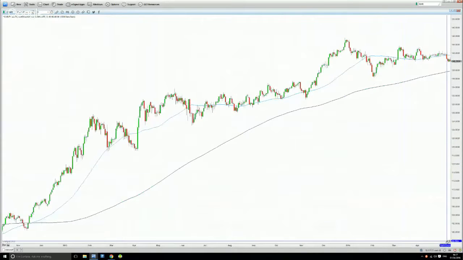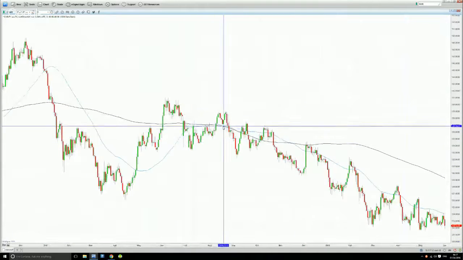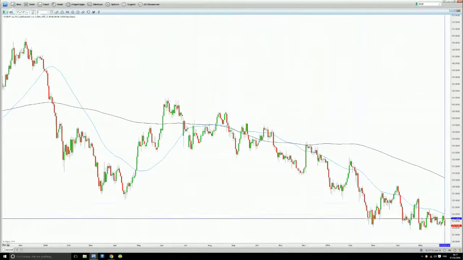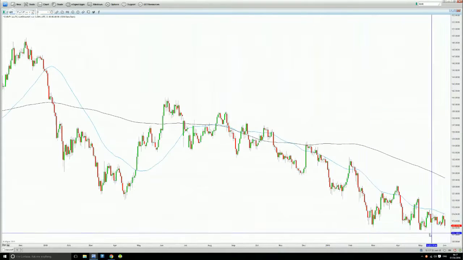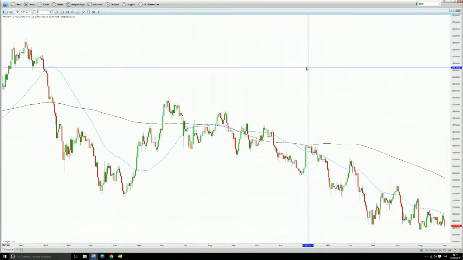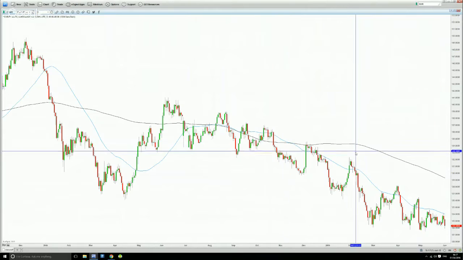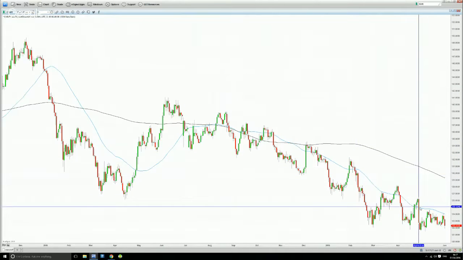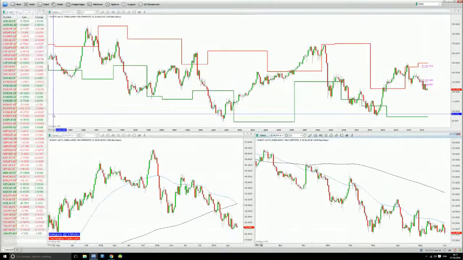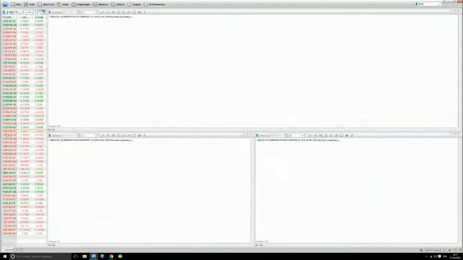Okay, the trend structure in play at the moment, it's very deep, it's messy, it's choppy, it's ugly, it's not a very good looking chart. We are seeing momentum to the downside, but that means very little until it clears out of this consolidation. Look at the 200 heading down, 50 heading down. So it is heading down, but again, we need to see momentum.